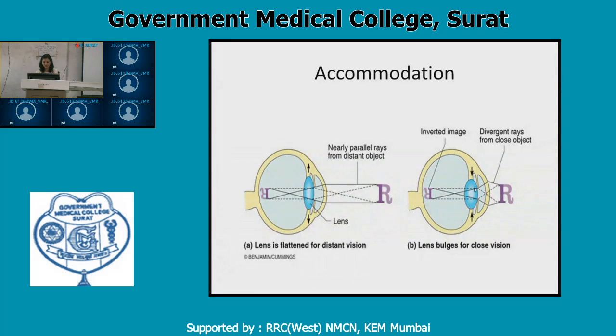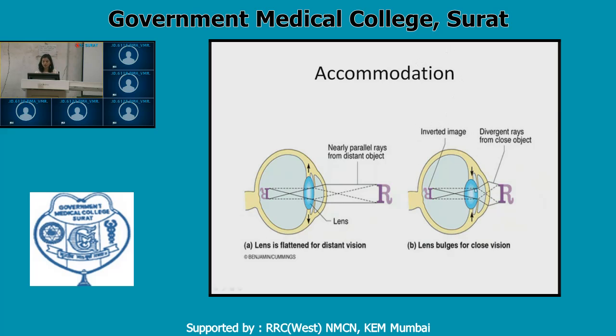What happens is the ciliary muscles contract, which leads to relaxation of the suspensory ligaments, or the zonules. You can compare the curvature of the lens in these two figures. In the second figure, when the object is near to the eye, the curvature of the lens increases. The anterior curvature of the lens increases due to contraction of the ciliary muscles. When the ciliary muscles contract, the suspensory ligaments, or the zonules, loosen, and that increases the anterior curvature of the lens.